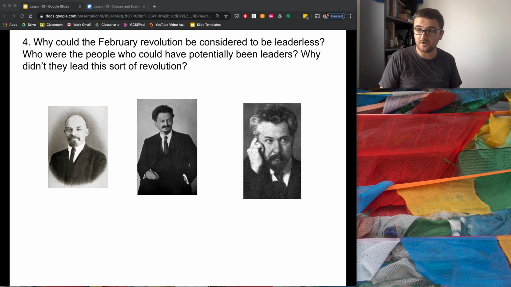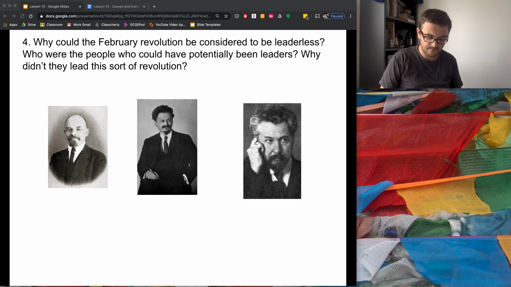Similarly, the man in the middle, Trotsky, another of the left-wing leaders in Russia, he'd also been exiled to New York because the Tsar was unwilling to have people with those views in the country. Then the man on the right is Viktor Chernov. Now, Chernov was the leader of the social revolutionaries in the Duma in the early 1900s. And because of his position as an outspoken critic of the Tsar and left-wing person, he'd been exiled as well to